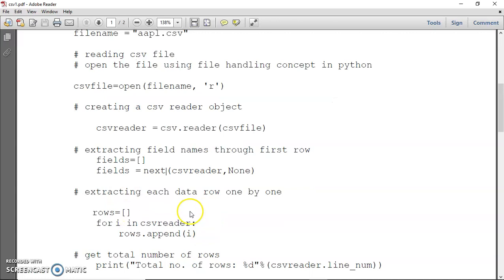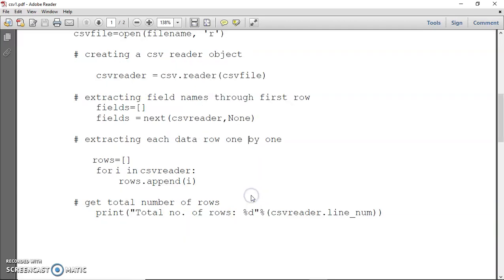To extract the remaining rows one by one, we can use a for loop for that purpose. And to get the total number of rows in the CSV file, we can use this attribute csvreader.line_num. We'll see all of these attributes when we work with a CSV file.